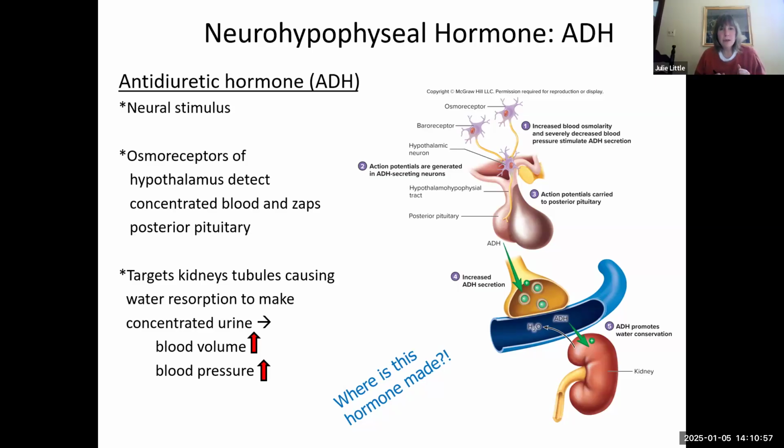Okay, antidiuretic hormone. As this name suggests, it is against diuresis. If you take a diuretic, what do you do? You urinate a lot. This hormone is specifically designed to prevent you from producing too much urine. There's a stimulus that causes it to be released, but here we go. If we have a blood vessel, let's say, here's the amount of blood in it. Now let's do this. There's the amount of blood in it. If we have less blood volume,